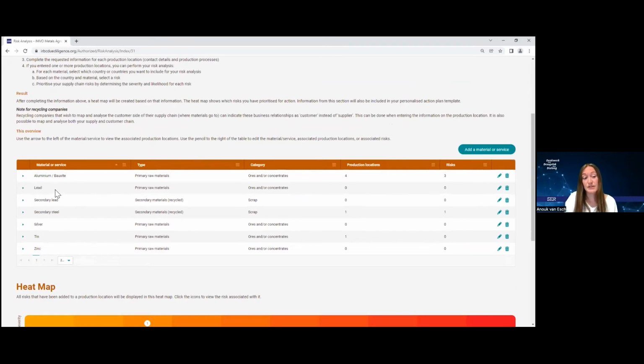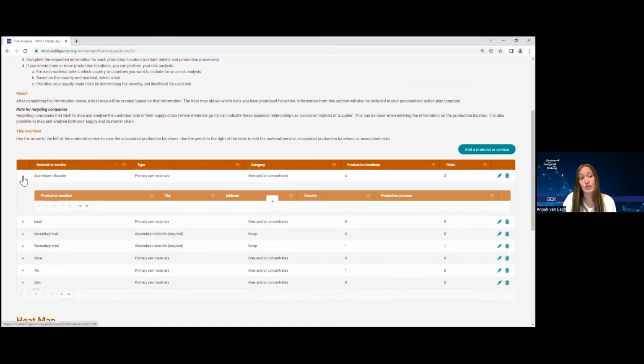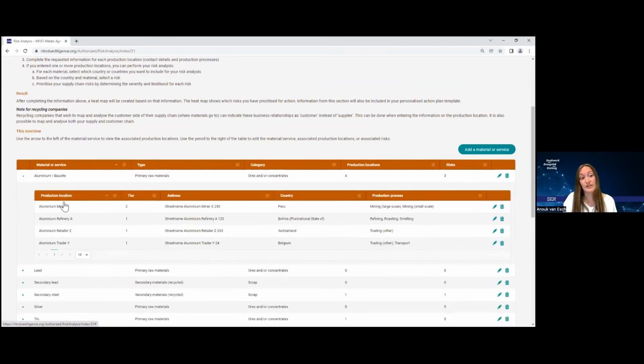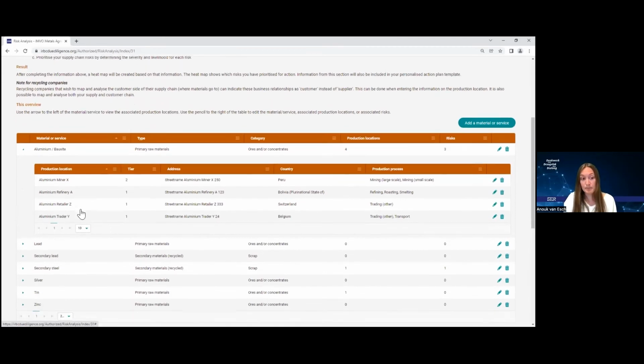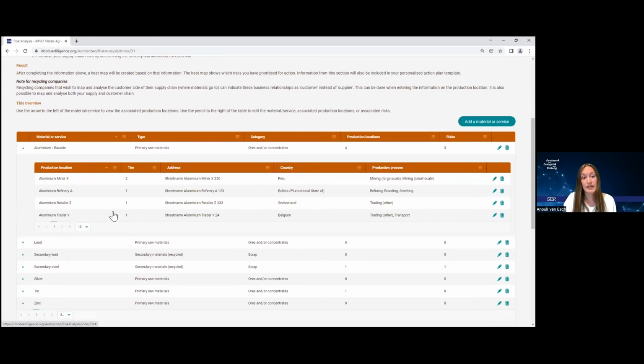For each material, we ask them to fill in which production locations are present for that material in this supply chain. For example, for aluminium, there are some different production locations and some other geographical details, and also which production processes take place at that stage of the supply chain.